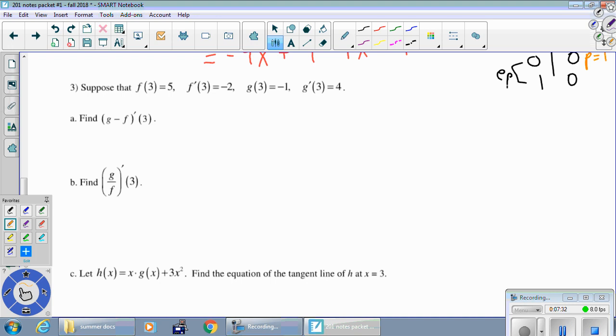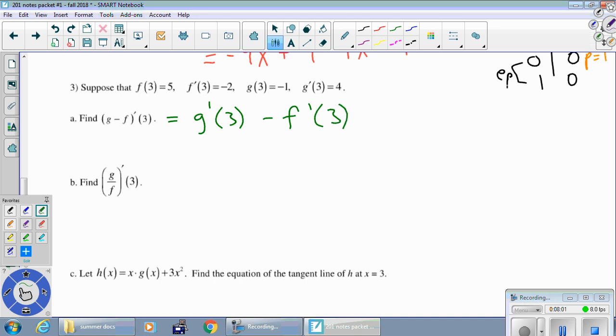Okay, number 3. We're given some information about f and g at x equals 3, and then we're going to find some stuff in these different parts. So part A, we're looking for g minus f prime of 3. Okay, this is supposed to be easy because we have a difference rule. We saw this a few classes ago, that the derivative of g minus f is really the derivative of g minus the derivative of f. Sums and differences are really nice. And in this particular case,